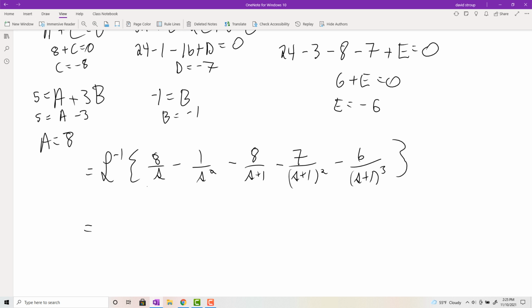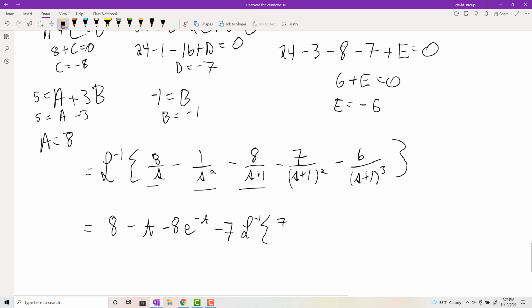So this guy and this guy we can do. The first one is just 8 and then minus t. This one you could just think of annihilators. This is going to be negative 8 e to the negative t, right? You could do a shifting, but it's not necessary. And then minus 7 times Laplace inverse of 7, whoops, I already factored out the 7, sorry, of